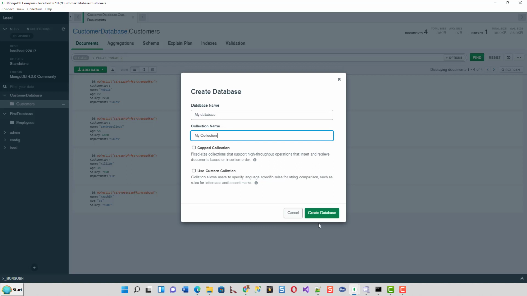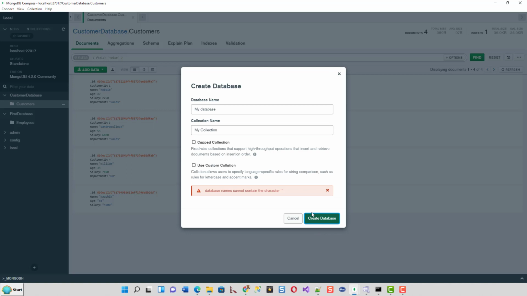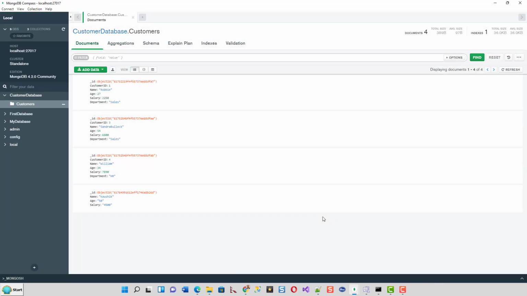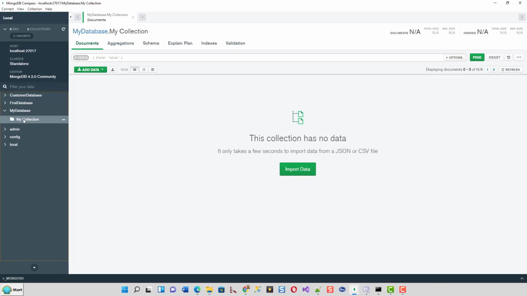Just to quickly show you, create database. Database name cannot contain the character empty space, so let's make it like this. My database with the D capital. There is no space allowed, so create database. So my database is created, okay. Right, so with my collection, okay. Now you can keep on adding data to my collection, and let's see what is aggregation.